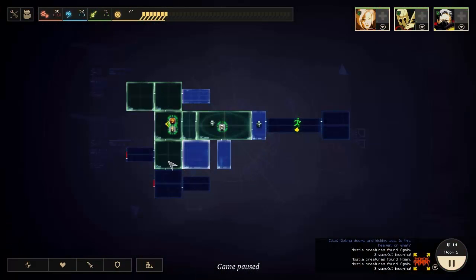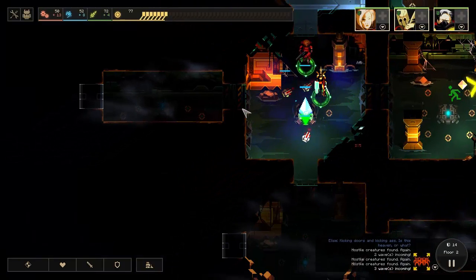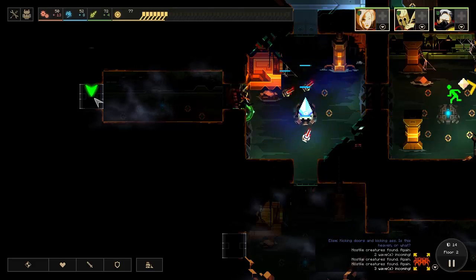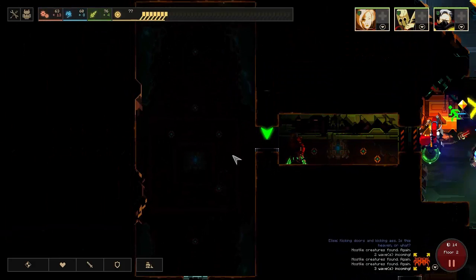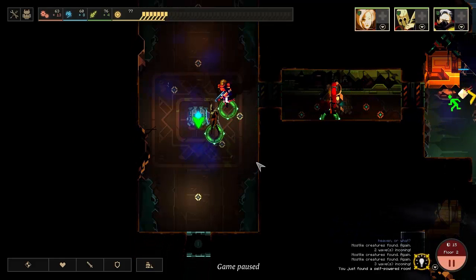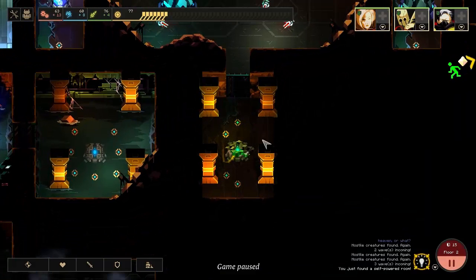With enemies spawning all over the place, it can be a good idea to get out rather than explore everything if you can't get the power you need to keep yourself safe. We're going to keep exploring, though, because every time we explore, we get more resources. And we found a self-powered room. Very nice. Okay, well, do we have anywhere else we can safely put in...